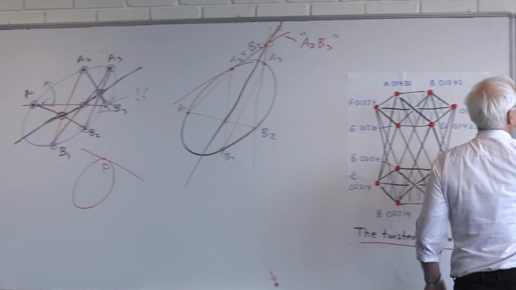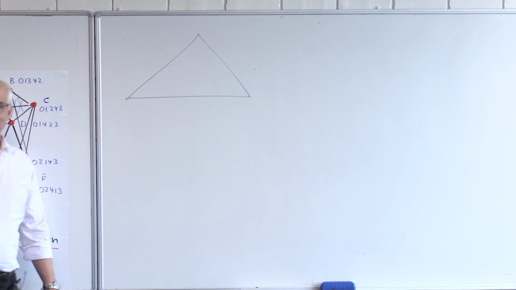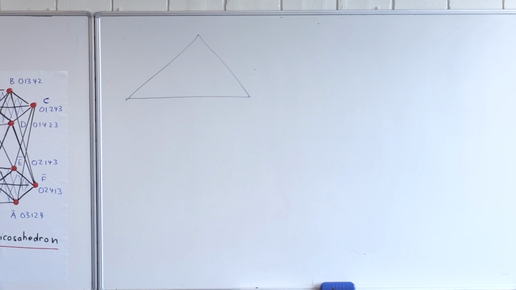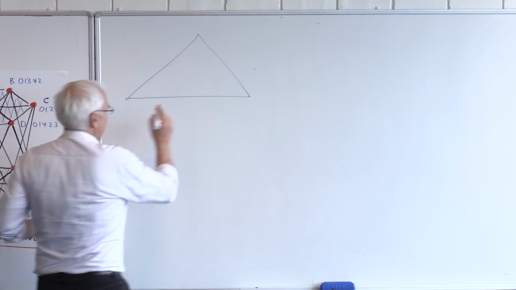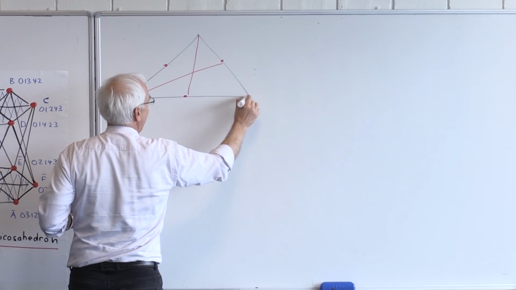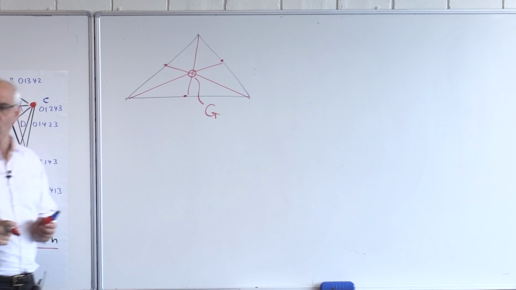So I have to remind you, first of all, that when we're talking about triangle centers, it goes back to the ancient Greeks. There are 3 classical triangle centers that you'll all know. If you take the midpoints of the sides and you join them to get medians, then we're getting the centroid of the triangle.